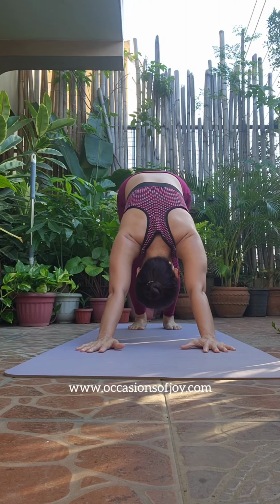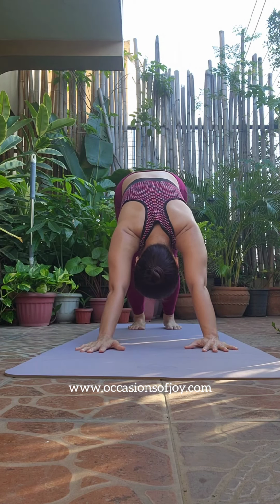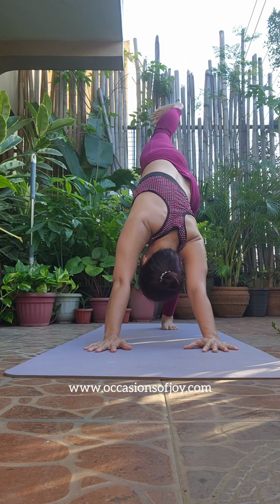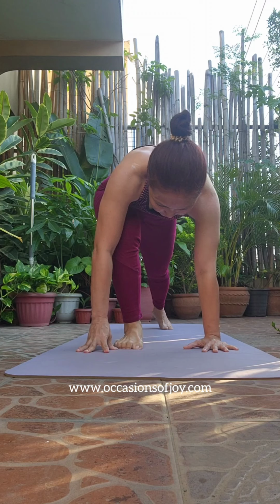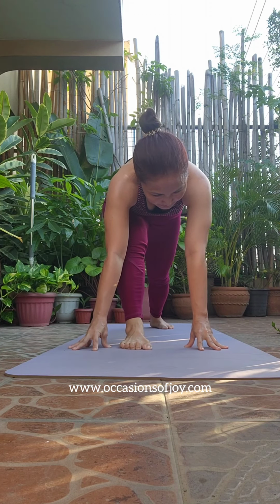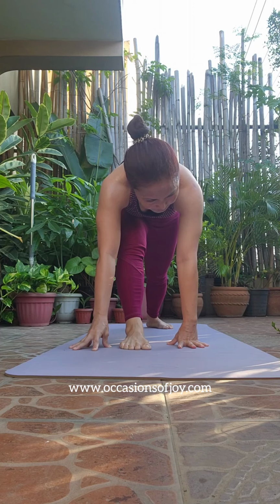And then we'll start the second flowing sequence. So from down dog, on the next breath in, reach the right leg high. This time on an exhale, step it straight through to between your hands. Lower the back heel down onto your mat, and then check the feet. So you can draw a straight line from the heel of your front foot back to the heel of your